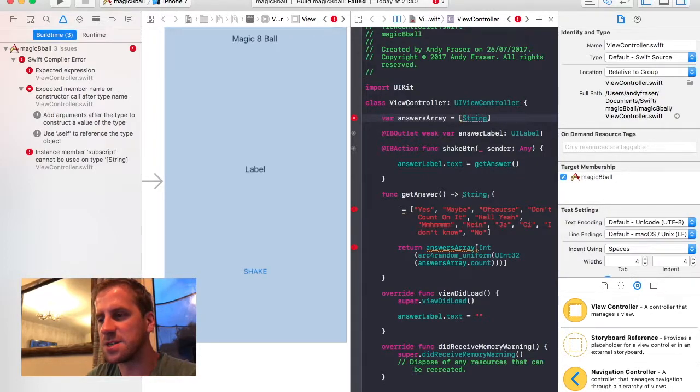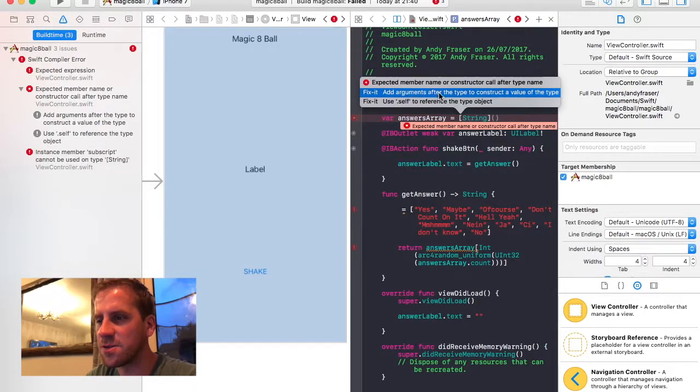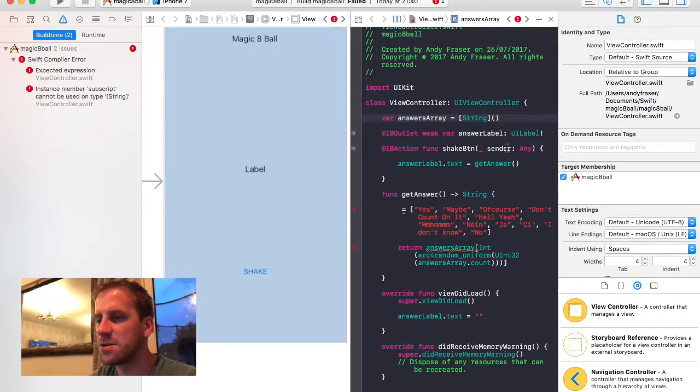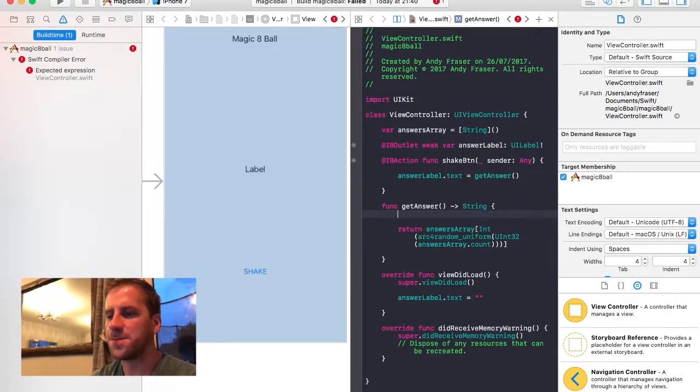Inside we're saying it's an array of strings, and it's still complaining about something: add argument after the type to construct a value of this type. So we need to put in just brackets. And then down here in the get answers bit, we'll take all this out of there,